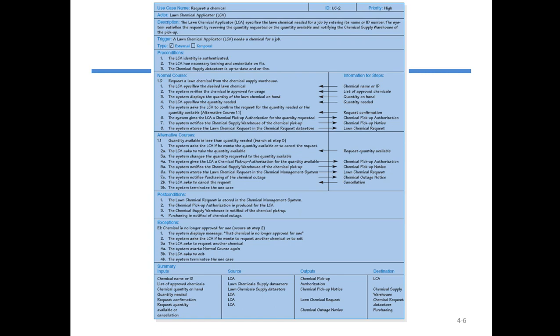Hopefully this ATM machine scenario clearly made you understand how the use case scenario can be designed and what the different elements of it are. Then we have a summary of inputs, we have different sources, we have different outputs: where the information will come from, what kind of output the use case scenario will provide, and then the destination, wherever this information can be sent out. So this image actually gives you a glimpse of a simple use case scenario.